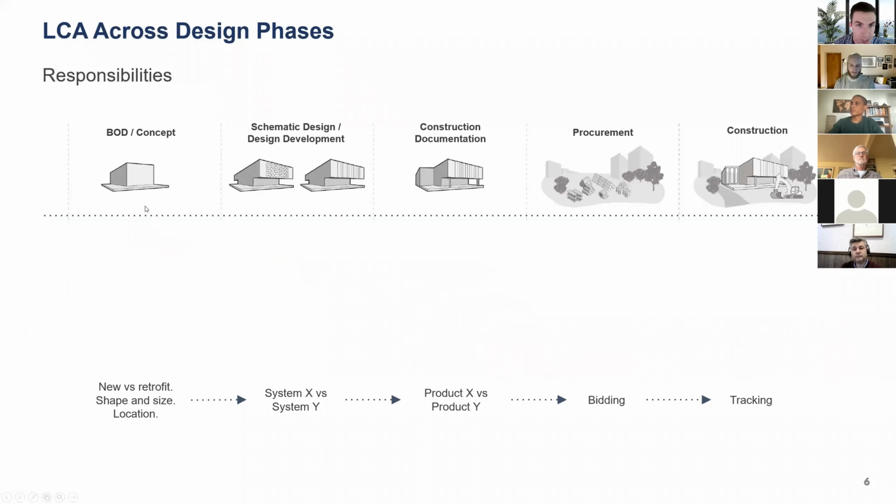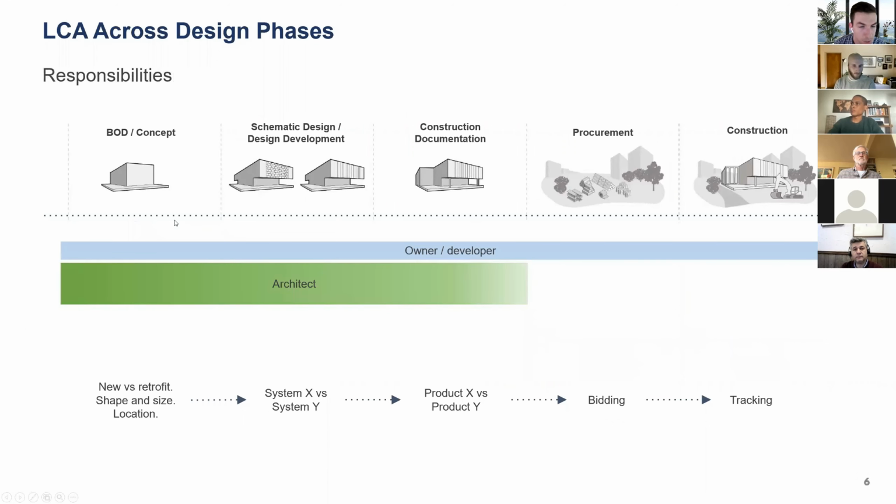And so lastly on this slide, in terms of responsibilities, I think this is fairly straightforward. Again, the architect is really involved in the first three, well, there are really five phases of design lumped into three images here, but that's where you as an architect have the most leverage in the project. And the reason why we say that it's important that architects start using these analysis tools is because they can educate the owner and developer about some of the decisions that they make on the project. And they can also set the contractor up for success depending on the design of the architect.